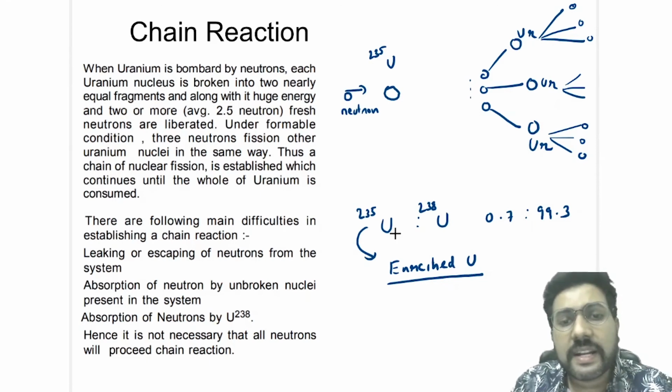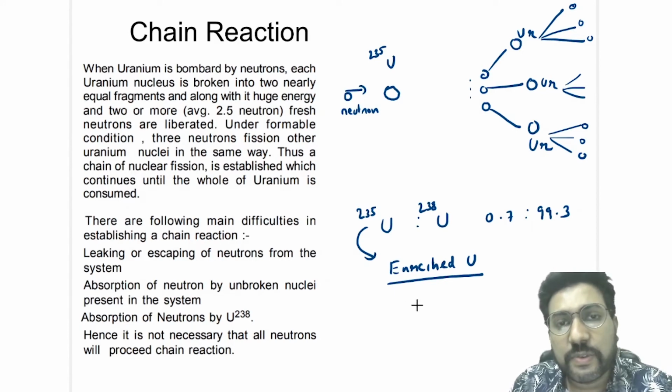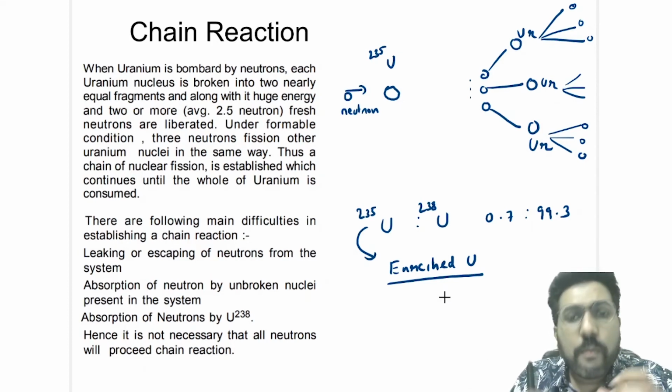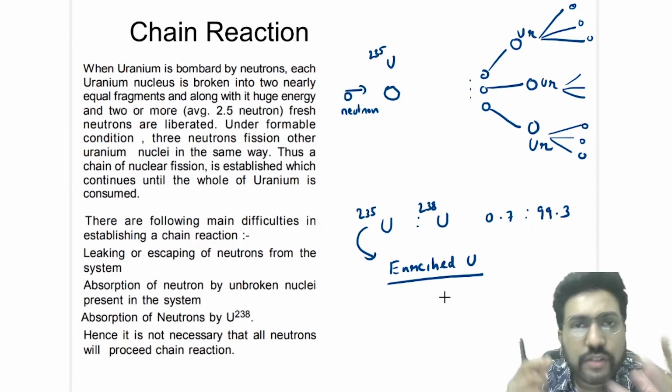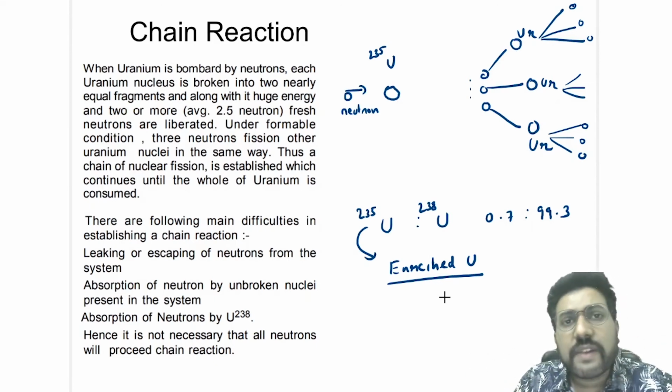But we can separate isotopes on the basis of a process called diffusion. This diffusion process relies on the fact that at thermal equilibrium, both isotopes have the same energy. But when they have the same energy, because of different mass, they have different velocities, and we separate them according to their velocities. So this is how we separate isotopes by using the process of diffusion, right?